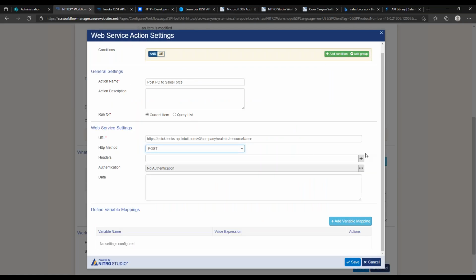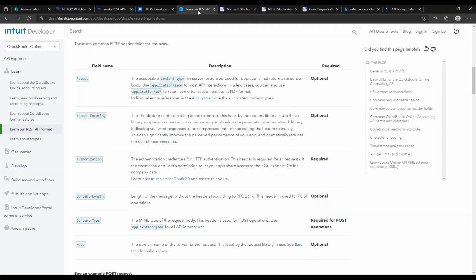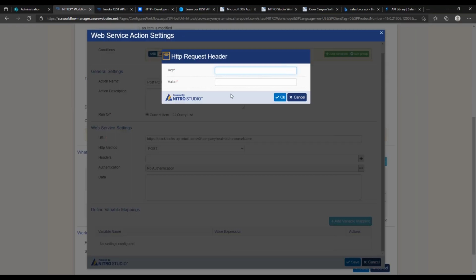And we can do that through the headers interface. So we just go ahead and hit the plus button, and we can enter as many headers as we want. So you can see the key is going to map over to the field name over here. So it could be field name, it could be called key, it could be a number of different things that you're referring to it as. But it's going to be these kind of short snippets here, which are pretty common across the REST API infrastructure. So let's do accept, and then we'll do a value,